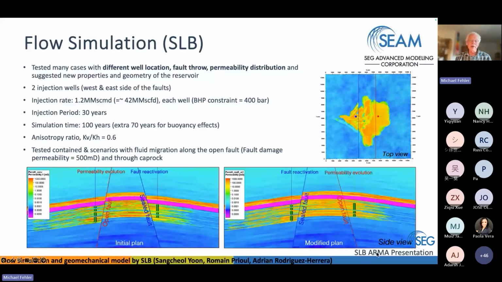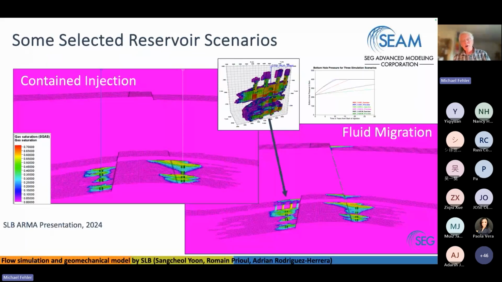It's an expanded abstract. As I said, there were actually 3 scenarios simulated, but we've only worked with 2 of them. One of them we called the contained injection, where again, fluid is injected west of the fault and east of this fault. Fluid can migrate across this fault, but it's contained beneath the cap rock on both sides. So that's our contained injection. Again, that's what everybody hopes for in the real world.